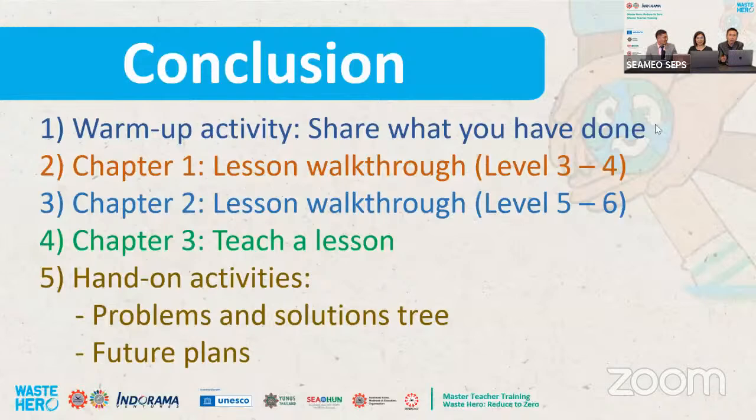For example, the very interesting ones are problem and solution trees, and also mind mapping. For my part, I will show you my lesson that I adapted from the lesson on the website. I think this website is very helpful and offers a lot of materials that I can use in my class. It also helps me a lot as a teacher, because teachers have full hands. This website is a valuable resource for me.